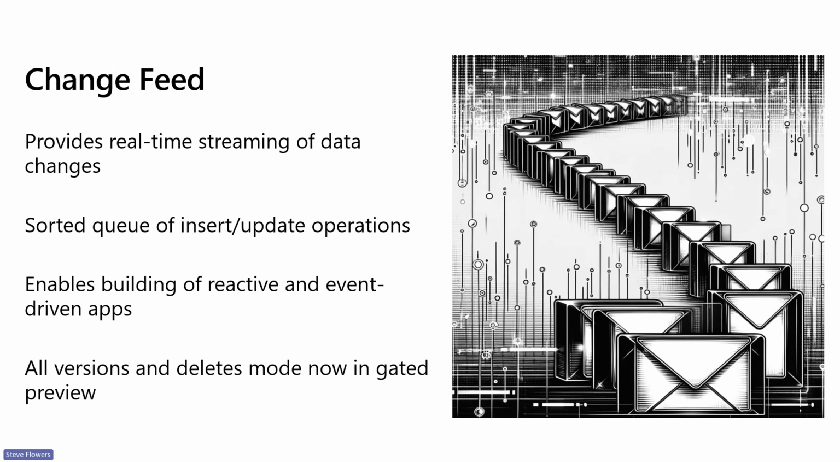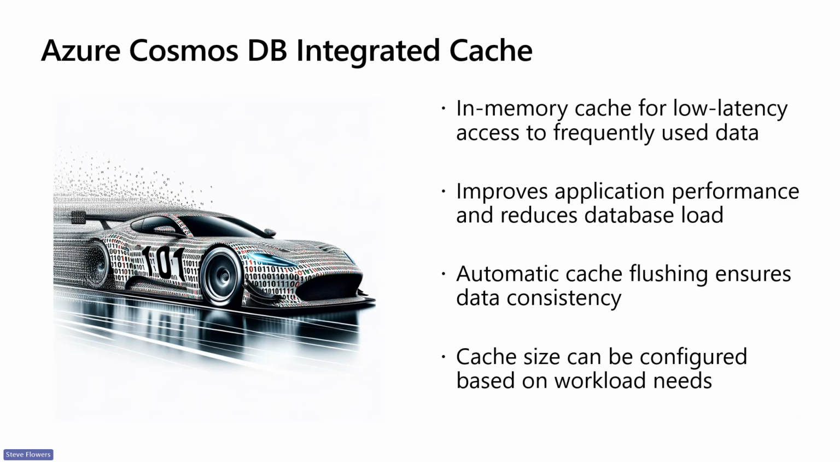All versions and deletes mode now is in gated preview, and it allows you to see everything with LSN numbers and the whole shebang, just like we would expect in SQL. Azure Cosmos DB comes with an integrated cache. If you've used Redis cache and you need that speed and efficiency at the edge with your clients accessing commonly accessed data, think of Azure Cosmos DB integrated cache as a very low touch in-memory cache for your data. It does read through and write through and all the great stuff you would expect a cache to do, automatic flushing, and you can